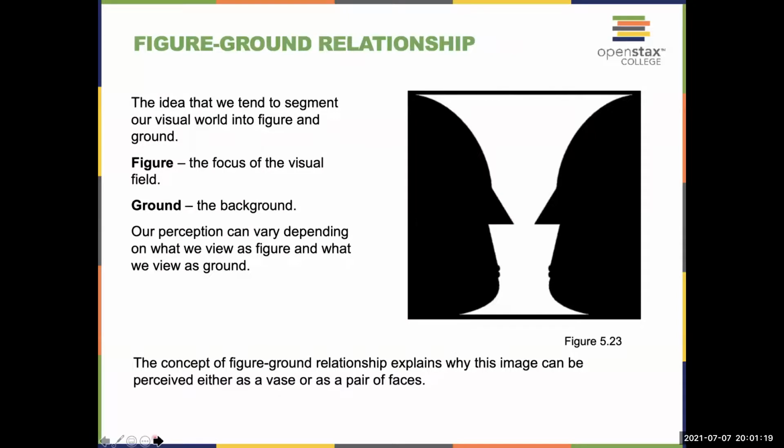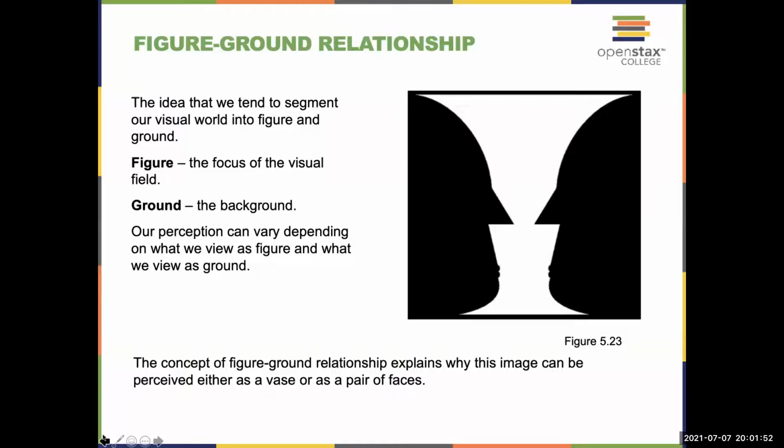So first is the figure-ground relationship. It's the idea that we tend to segment our visual world into figure and ground, right? So the figure is the focus of the visual field, and the ground is the background. And our perception can vary depending on what we view as figure and ground, right? So for example, in this relationship here,